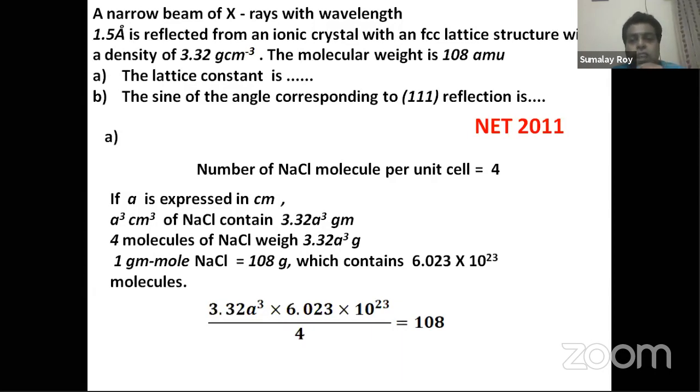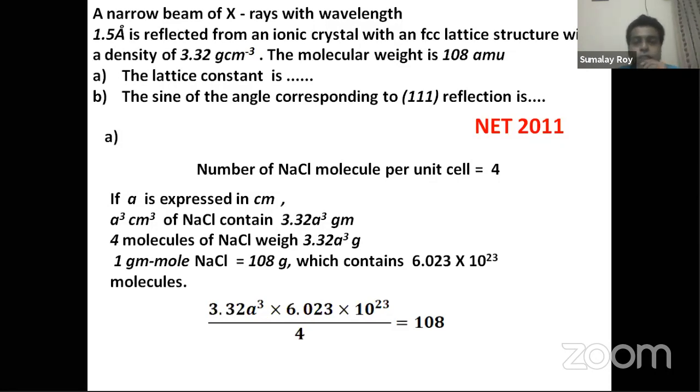We have to find out the weight of 6.023 to the power 23. So if I know the weight of 4 molecules, we can know the weight of 1 molecule. We can find the weight of 6.023 to the power 23, and that is the left hand side, and that is equal to 100. Now see, in this problem, the way I have solved, I don't have to remember any formula. The only thing I have to understand is the definition of density, and of course these other things. That's all.